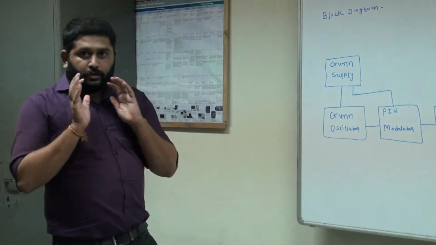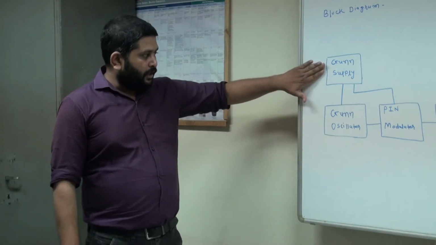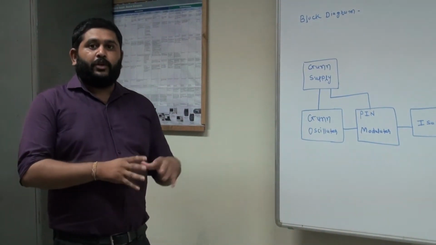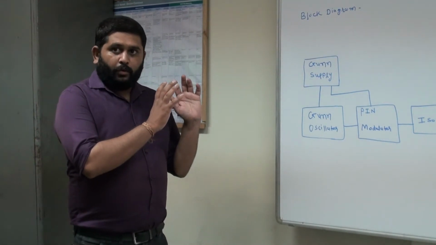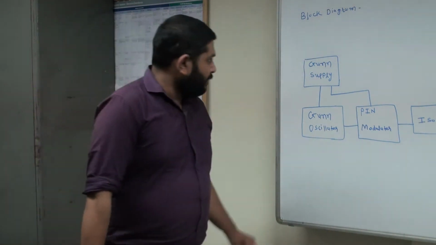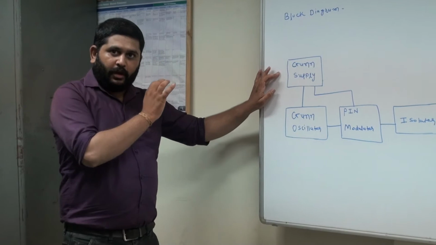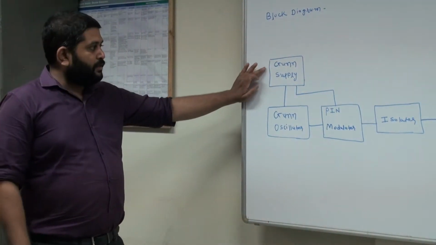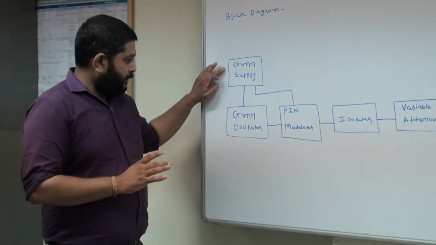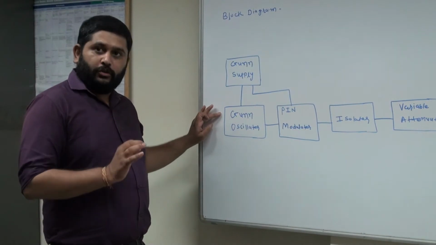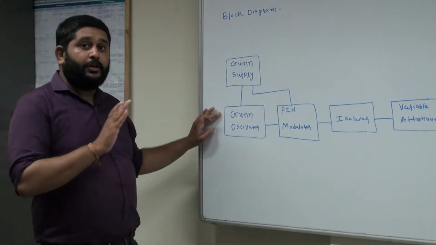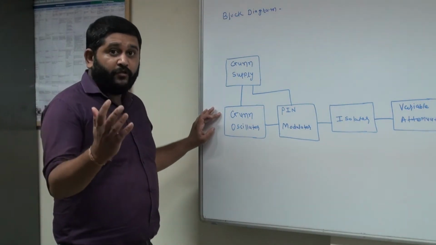And the gun power supply consists of two parts: gun supply and gun oscillator. Similarly, the klystron power supply consists of the klystron power supply and klystron oscillator. And we will start with the first block, the gun power supply. The gun power supply has a low DC voltage 0 to 10 volt, and that is given as the input to the gun oscillator. And the function of the gun oscillator is to convert the low DC voltage into a continuous wave.